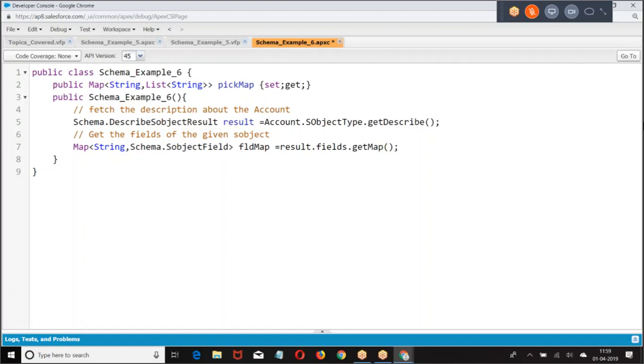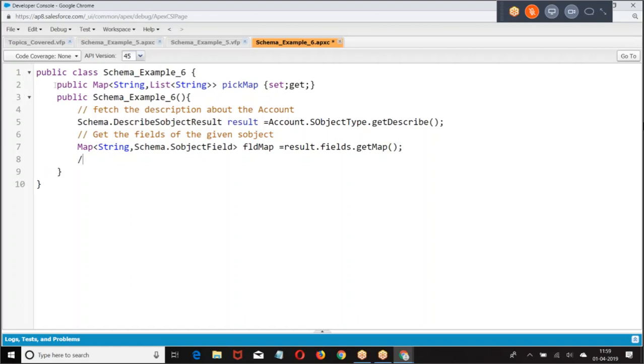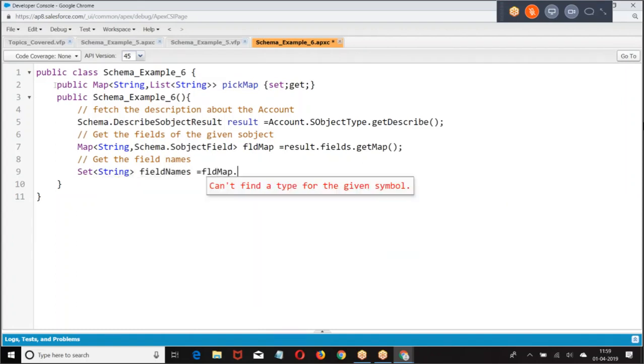We got the fields. Then take one by one. Okay, get the field names. How do you get the field names? In the map, field name is the key. So what we are going to do? Get the field names.